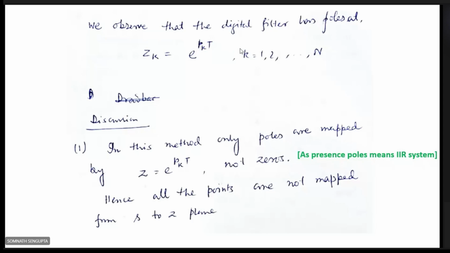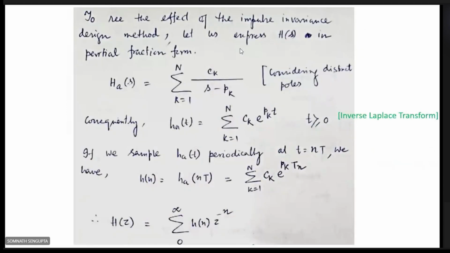So we are considering the poles, and the impulse invariance method is applicable only for poles, not for zeros. So only the poles are mapped from s to z, not zeros. Although we started these examples with a system that consists of poles only,